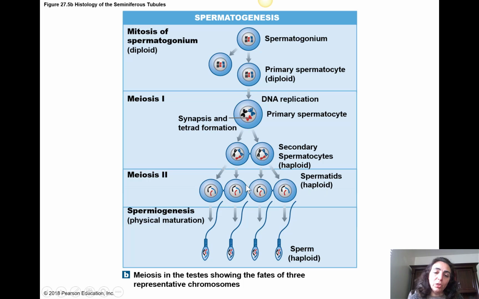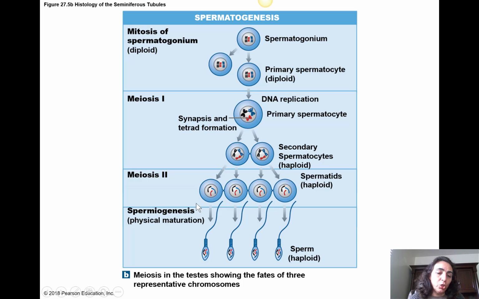These spermatids are not completely mature yet. They have to go under another process, more development, and each one of them makes one sperm that is haploid, has 23 chromosomes. This maturation and change from the spermatid to the sperm is called